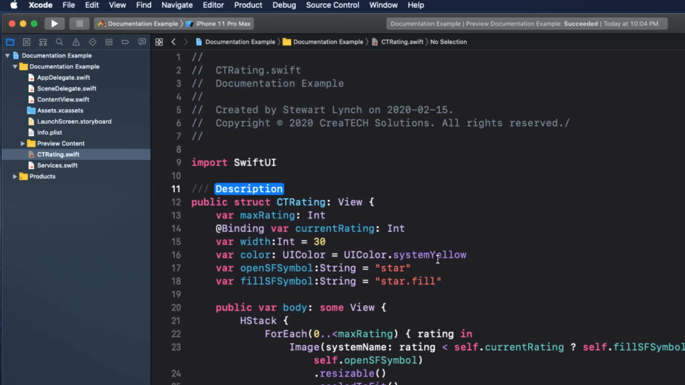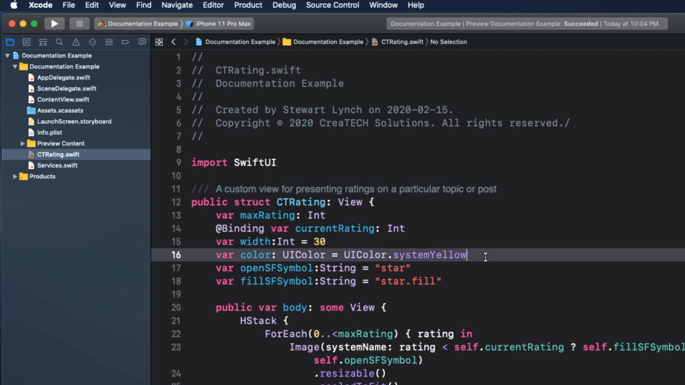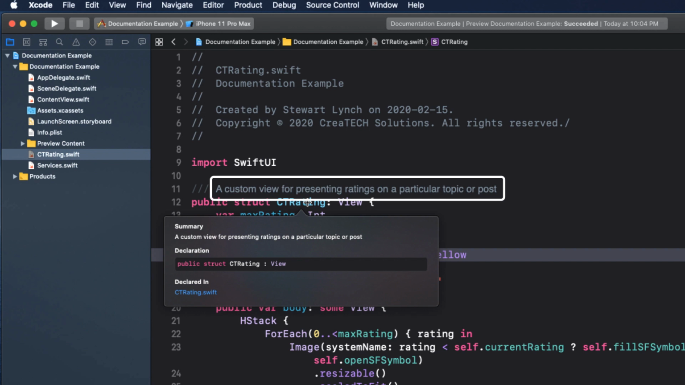This adds a code snippet with 3 forward slashes, so you can replace the description placeholder with your own text. This is similar to a comment that you are probably familiar with, 2 forward slashes. Except with this extra forward slash, it's telling Xcode that this is a Quick Help comment. If we option click now on CTRating, we see that that single summary line shows as the summary line